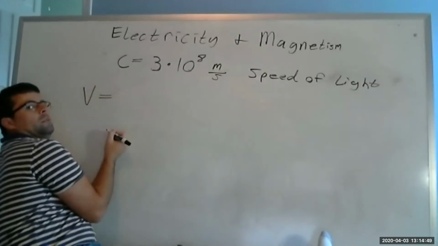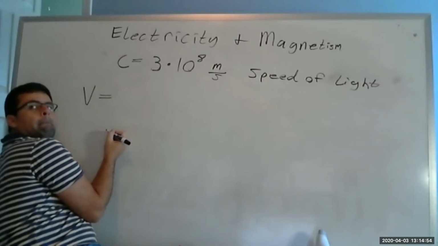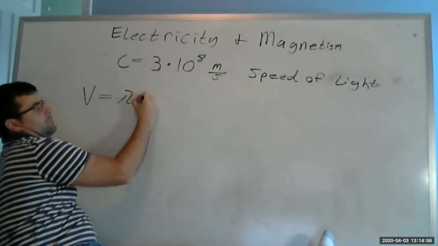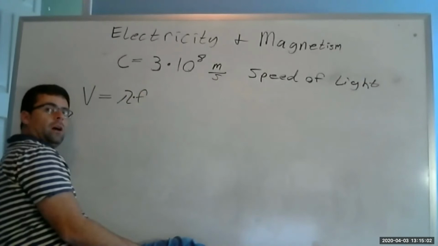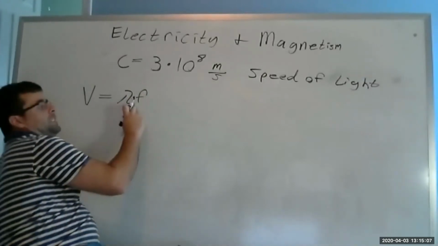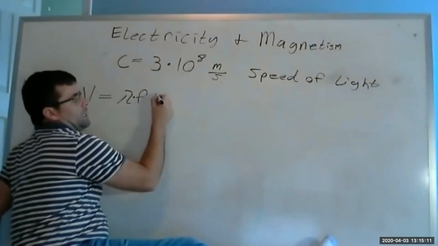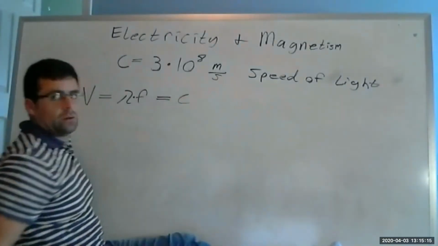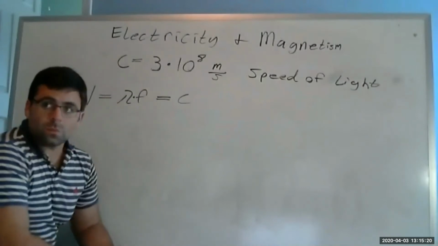Lambda times f. Always, always. Well, if lambda times f is the speed of that wave, and for light it is constant, or c,